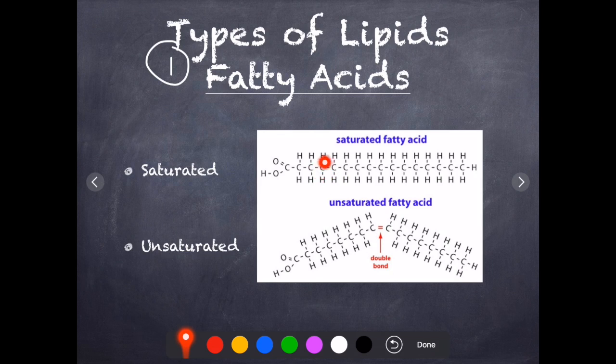It could form 1, 2, 3, 4 bonds. So it's attached to 4 different chemicals. That's what's referred to as saturated, where that carbon can form 4 bonds very easily. Now unsaturated, you'll see this can only form 3 bonds. So that's usually by either a double or a triple bond, and that's what we talk about as unsaturated. So saturated is all single bonds,